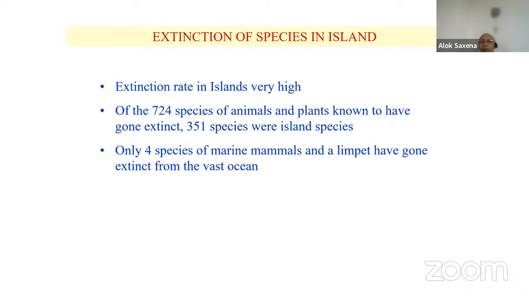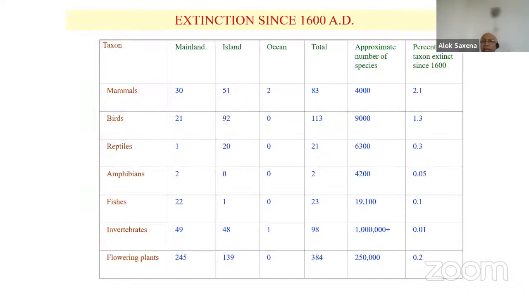If we see the last 400 years, of 724 species which have gone extinct, 351 species belong to islands. And if you see this chart, you will see that of mammals, out of 83 species which have gone extinct, 51 belong to islands. In the case of birds, out of 113 species, 92 birds which have gone extinct belong to islands. Reptiles, of course, the percentage is very high. In the case of amphibians,